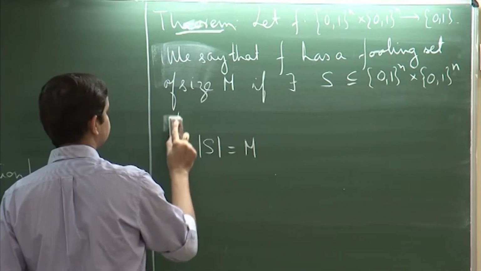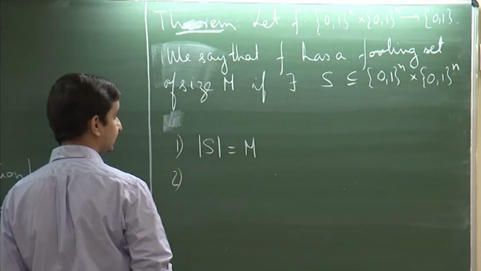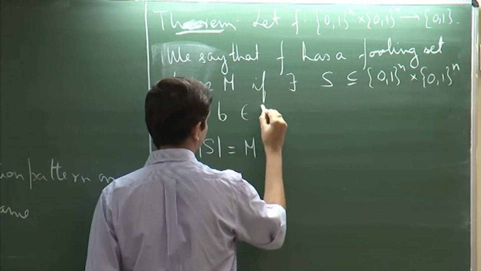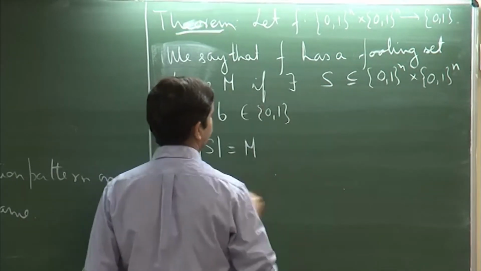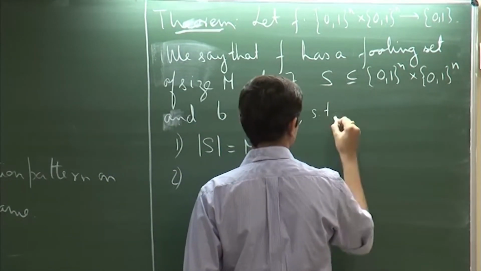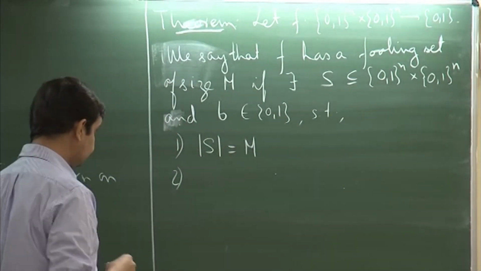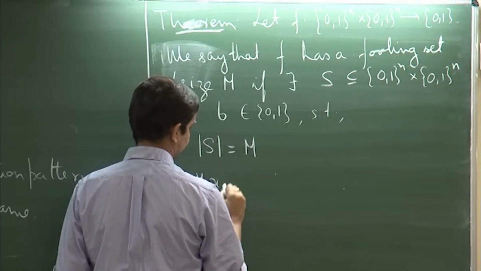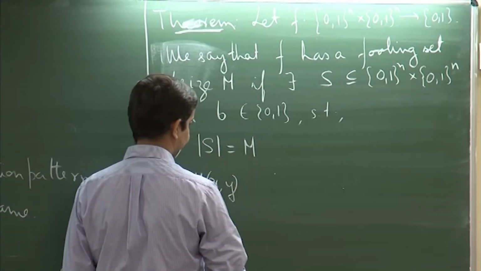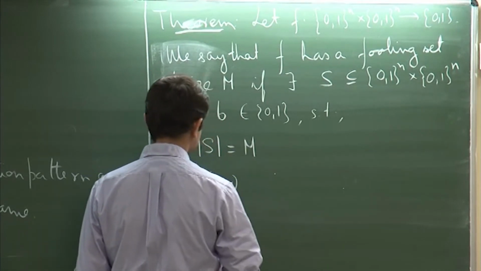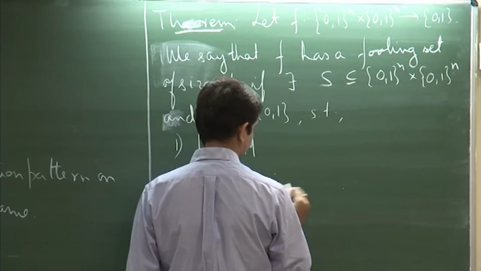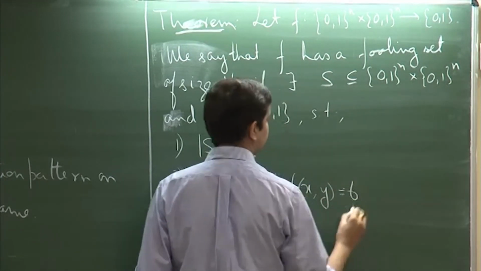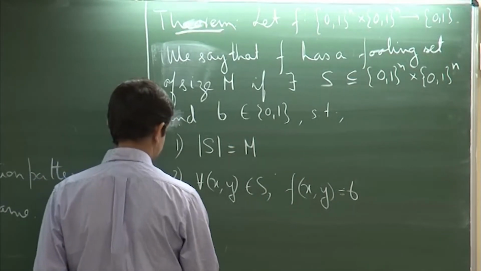If there exists a set S and some bit b in 0 1 such that firstly S has size m, secondly for all pairs of strings in S, f has that same value b, and